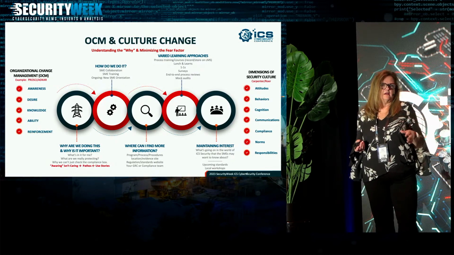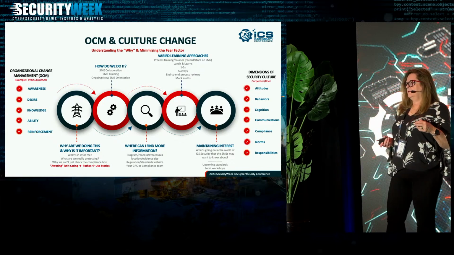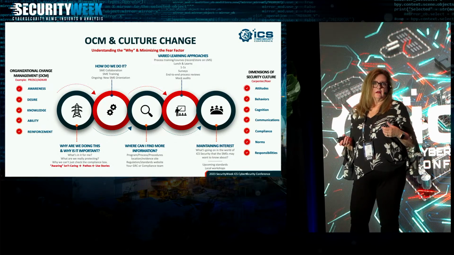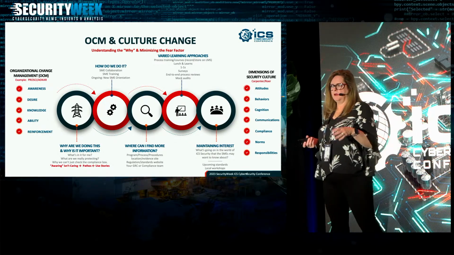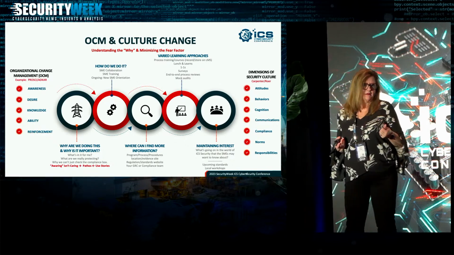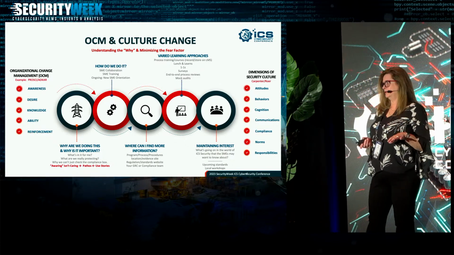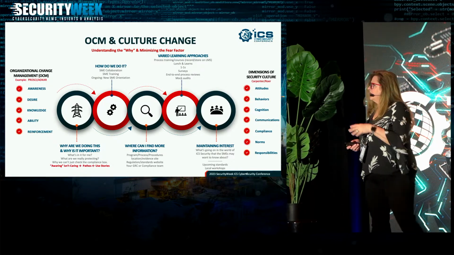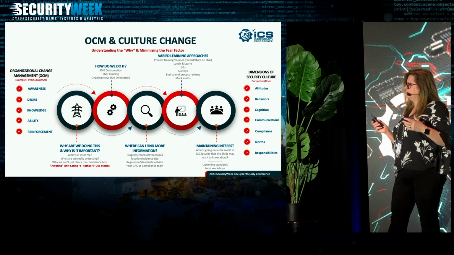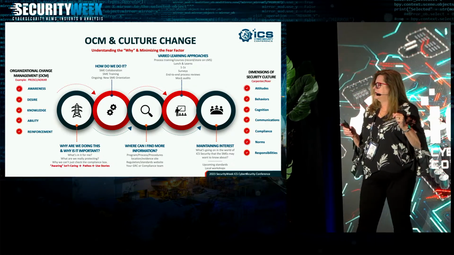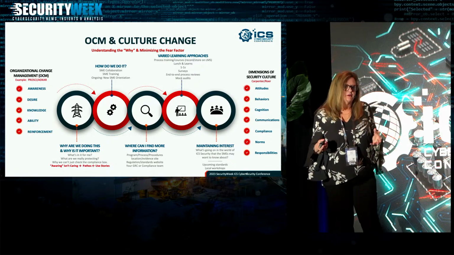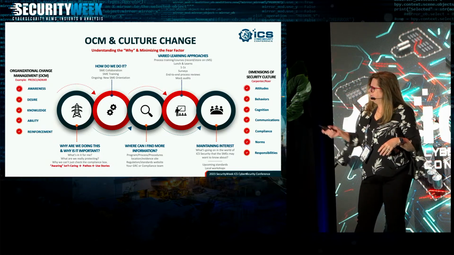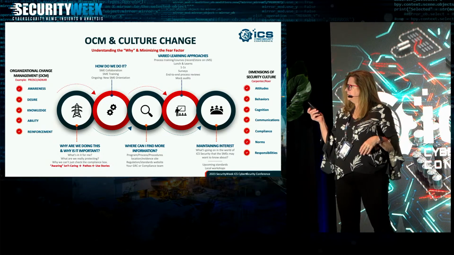So you've got to engage their directors early, and you've got to make sure those directors are letting their people know that this is what we're going to be doing this month, this year, whatever it is. So it should be department goals, performance goals, whatever it takes in your company, so that people will prioritize it and get it done. And then there's some dimensions of security culture, which ties into this. I heard someone else say this week, you don't have a separate security culture, it's your organization culture. I agree with that. But there are some tidbits in a book that I referenced there by Carpenter and Rohr.